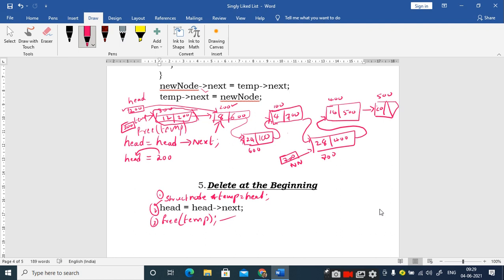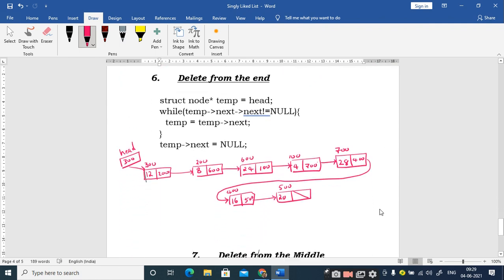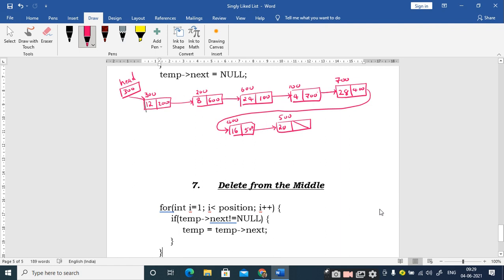This is a somewhat tricky concept. You need to understand this, right? Please concentrate on this particular thing. So this is the previous list I have. Let us remove this one also, no issues. Why? Because in the previous one I have removed this, so my head is pointing to this 200. This is the last generated linked list. Is it right or not?